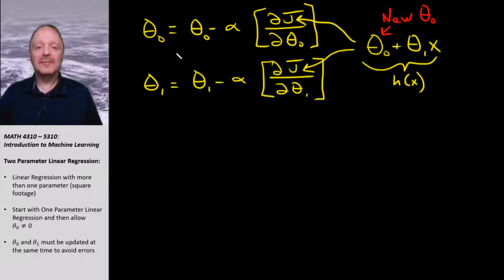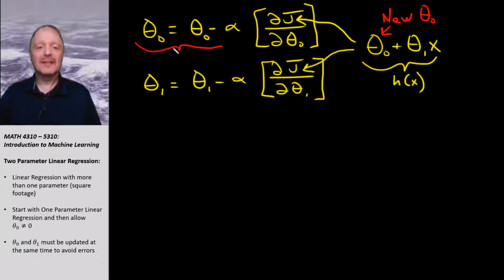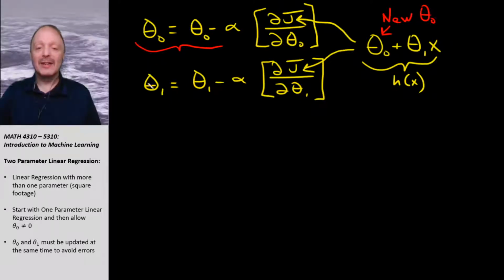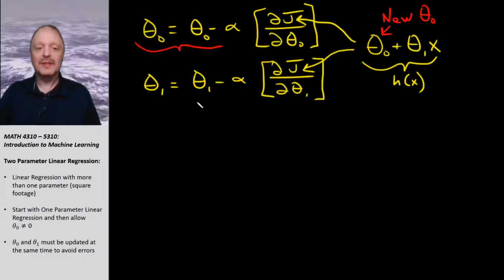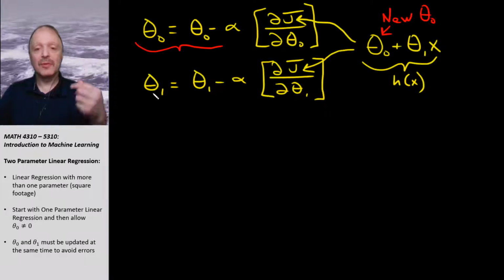One that just got updated from this step right here. Okay? So when I call this new theta 0 within my adjustment for theta 1,